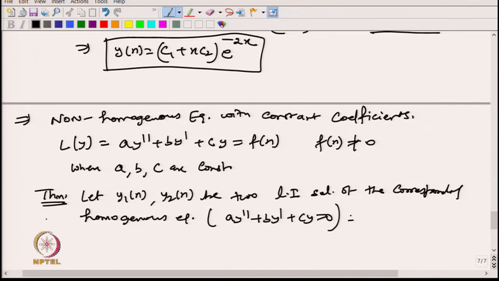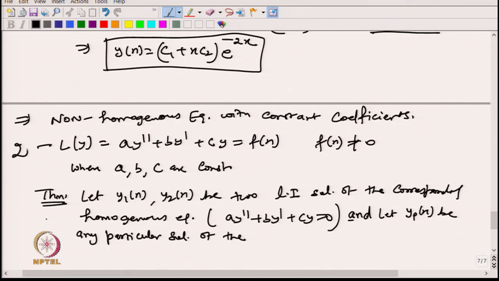Then let yp(x) be any particular solution of the equation, let us give it a name, so I call it equation 2. So, let yp(x) be any particular solution of equation 2, then